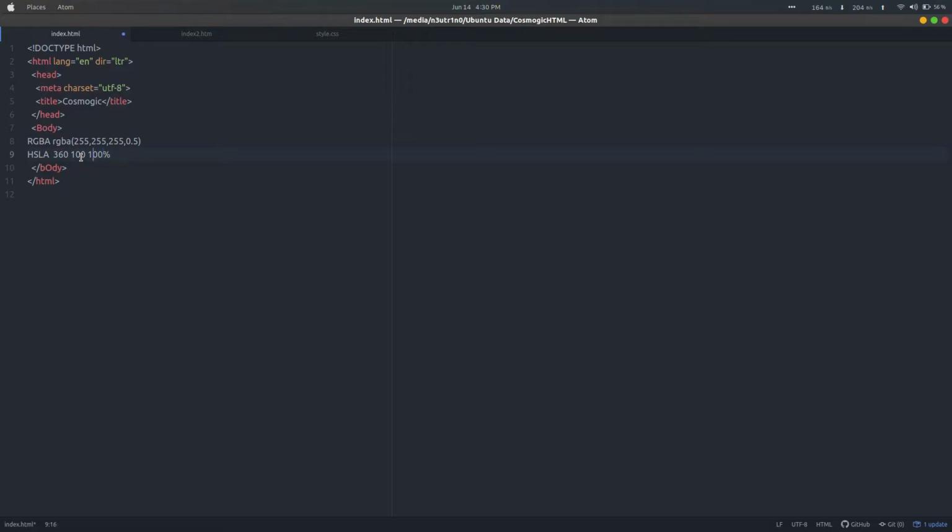We have to give the value in this form, like this. And the A again stands for alpha, which means opacity. Wait, I will also give you an example of this.